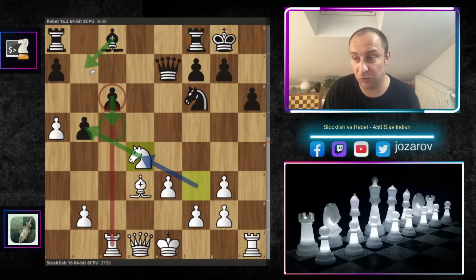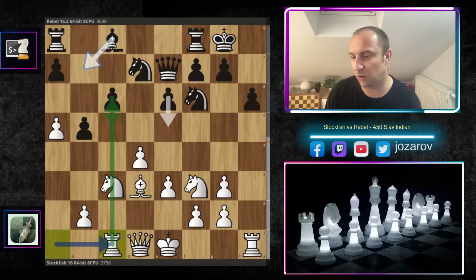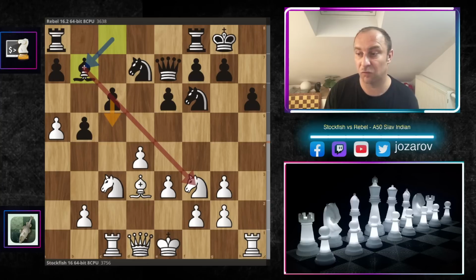Maybe, I don't know, bishop to b7, but still it's weak, so I'm not really seeing good ways how you're going to defend this. If you play c5, of course, if you advance the pawn, then the b5 is weak. So really powerful position play so far by Stockfish. So after move rook to c1, that's why Rebel tried bishop to b7 and then maybe hit the center with